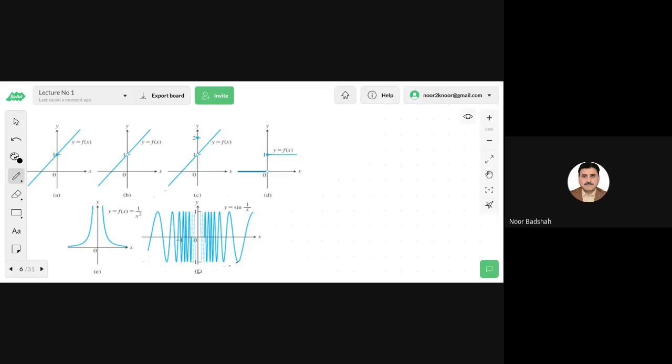While in part C, it's almost the same graph. The only difference is what? f of 0 is also defined, but they are not the same. f of 0 is given here. It is 2. By looking at the pattern of the graph, it should be 1, but it is given that it is 2. It's not 0 now. So again, it is discontinuous at x equal to 0 because there is a hole in the graph. These two types of discontinuity, part B and part C,